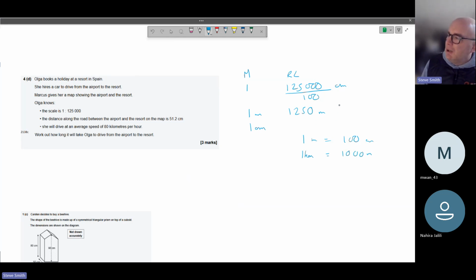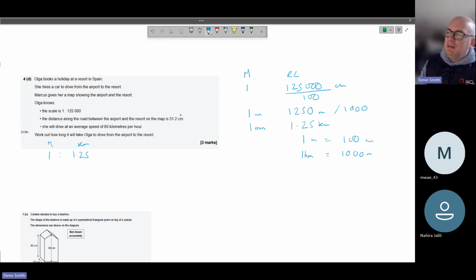So we're going to divide this number again by 1,000. And that's going to give us 1.25 kilometers. We've now got our scale. Look, we've now changed it from something that looks quite daunting. That's map is 1.25 kilometers in real life. So we're good to go. The distance along the road between the airport and the resort is